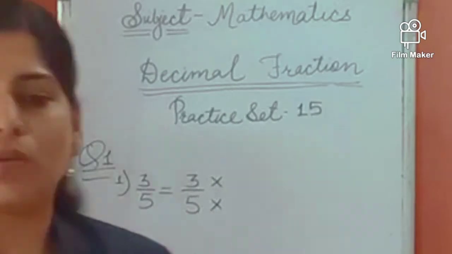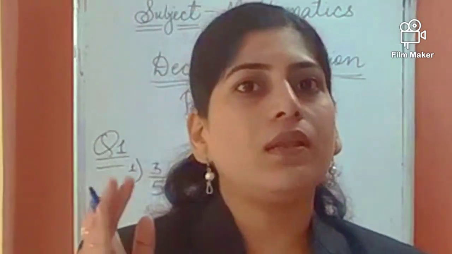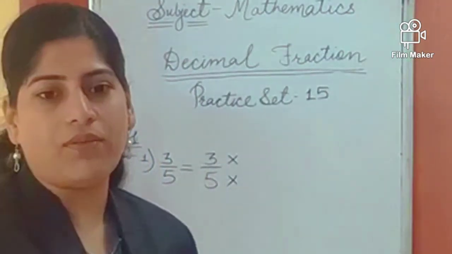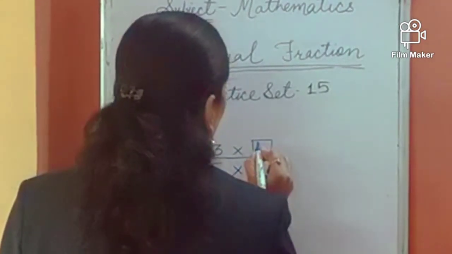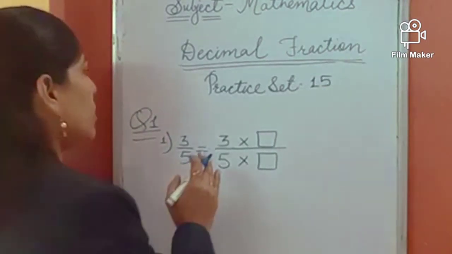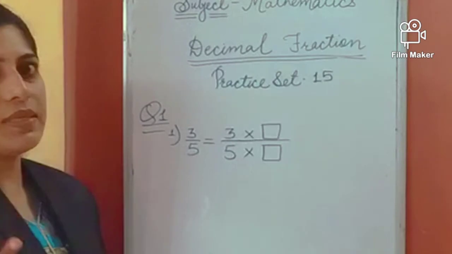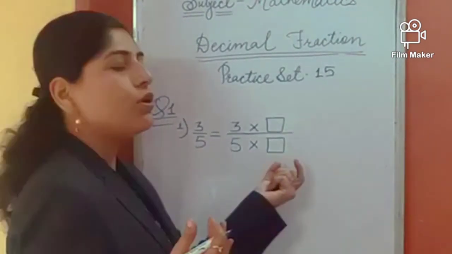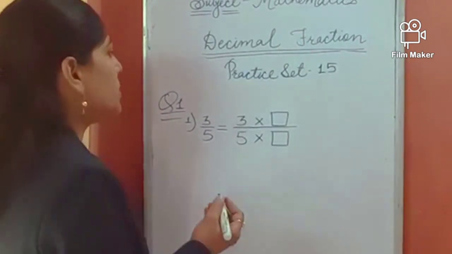So as you all know what the decimal fraction means. Means its denominator should be in 10, 100 or 1000. So here the question is 3 upon 5 and we have to fill the boxes over here. 2 boxes are given just to convert it into decimal fraction. So what makes the 5, 10, 100 or 1000? First we see about 10. We can do it. Yes. 5 2s are 10. So what are the number we are going to multiply with the denominator? With the same number we multiply with the numerator as per the rule.